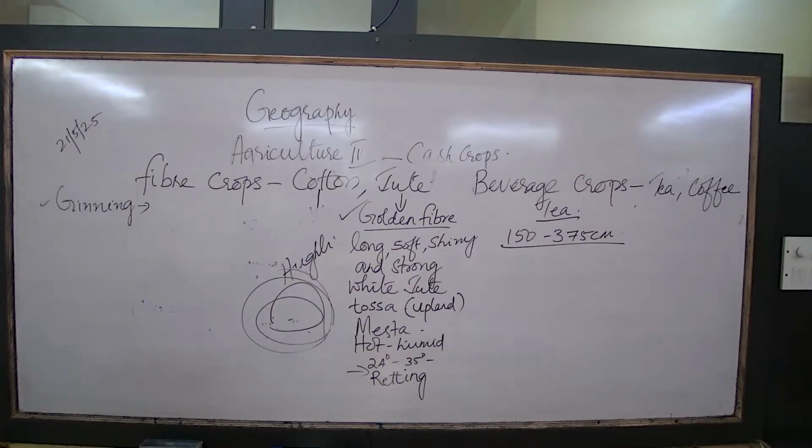Understood? So after 2 years, pruning to be done. Second, plucking of leaves. In India, picking is much more frequent. Tea is picked every 10 days during the growing season in lower elevations. Third, tea is picked every 15 days during the growing season in higher altitudes. Fourth, picking goes on from early April to mid-November. Fifth, it is a skillful job usually done by women. It requires patience and judgment.